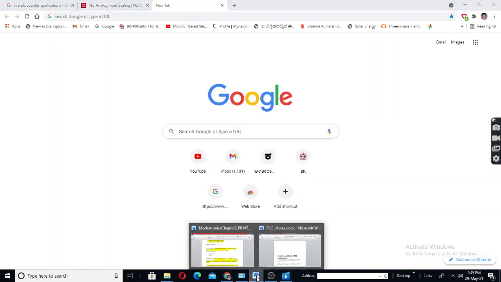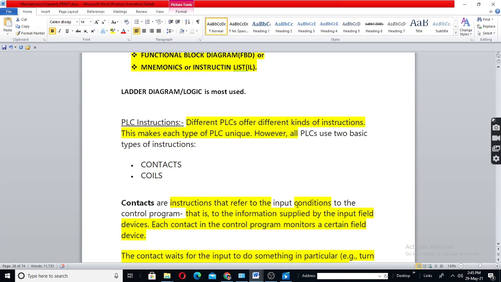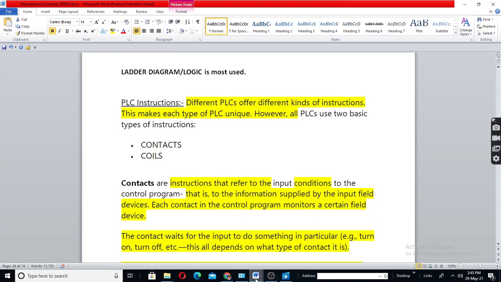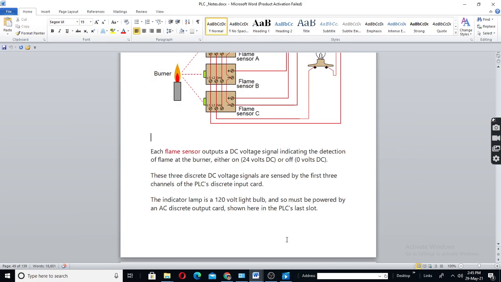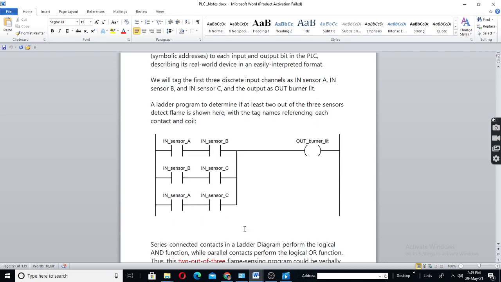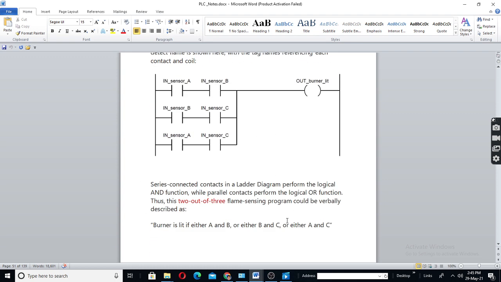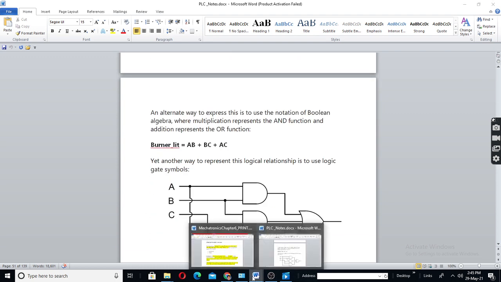So the PLC will be operating in loops, continuously. Loop means left to right, left to right, top to bottom, and again repeat the process. So this will happen continuously.